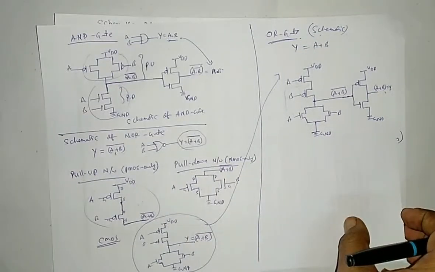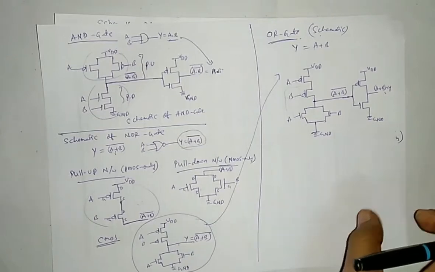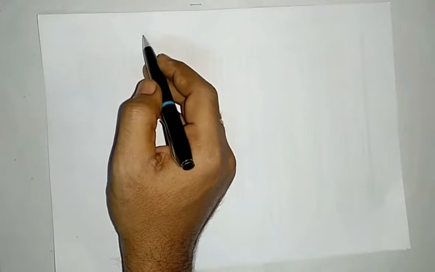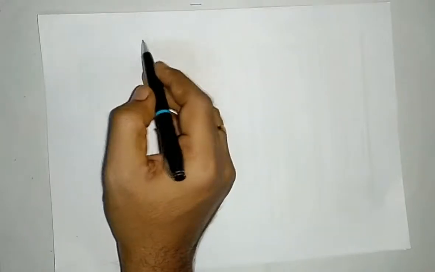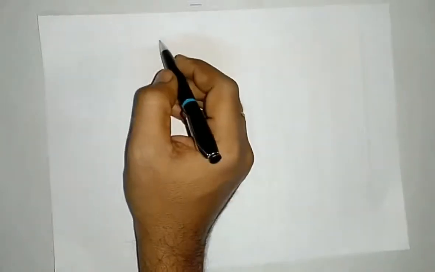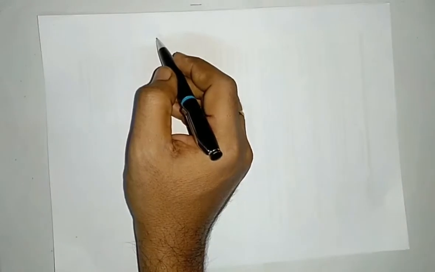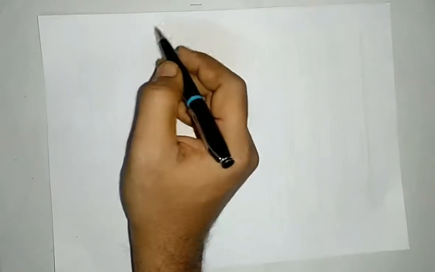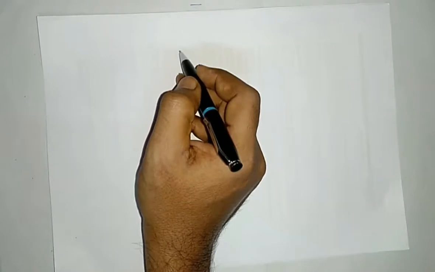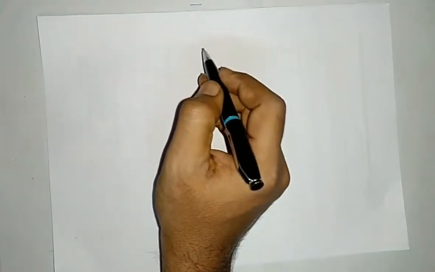Now we are going to draw schematics for other logic functions. So what is the necessity of drawing these schematic diagrams? You may get a doubt. If you know this schematic diagram, you can easily convert it into a stick diagram. If you draw the stick diagram, then it is easily convertible into a layout diagram. What is a stick diagram? What is a layout diagram? We will discuss in the coming chapters.